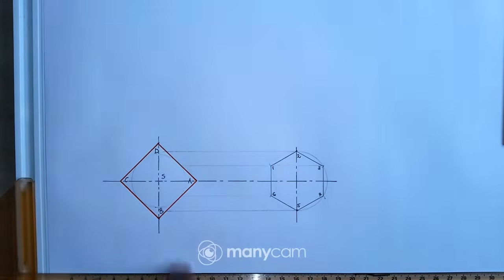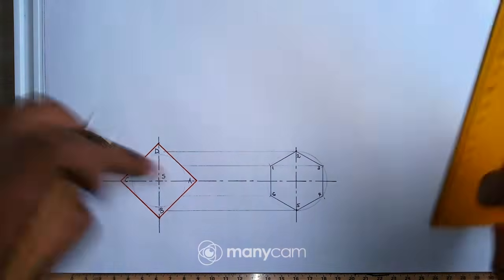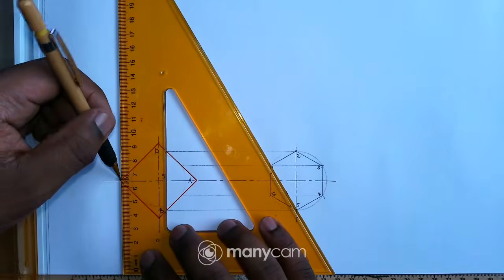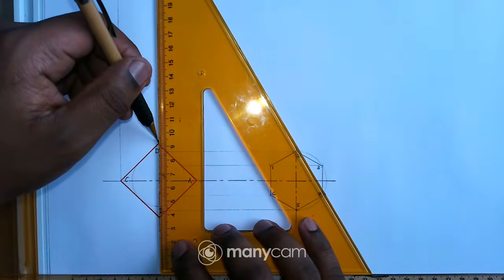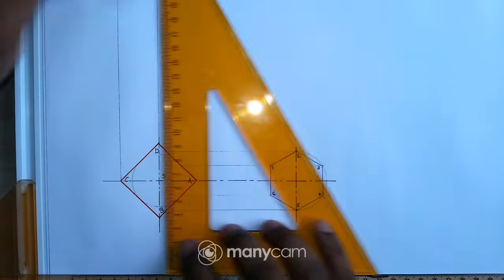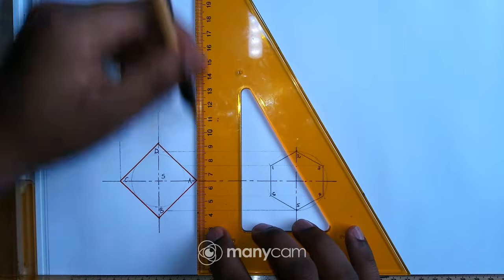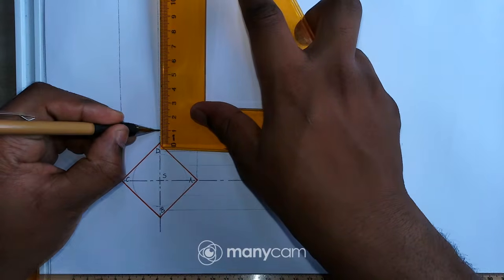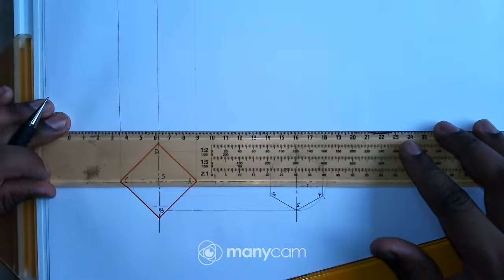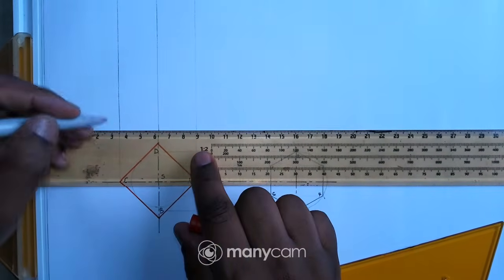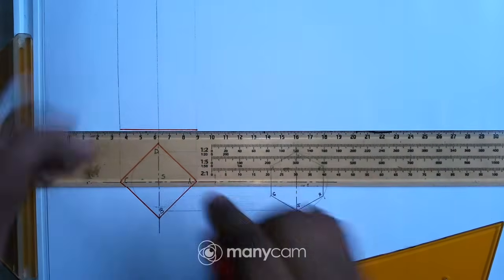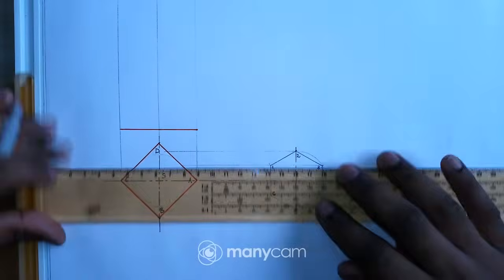Right. Okay, so now I'll just project these points up to that section so that I can just draw the front view. So I'll just project the points up like that and add my XY line. Those are 5, 5. So the base of the prism is right there. Okay, and then the XY line will start here.